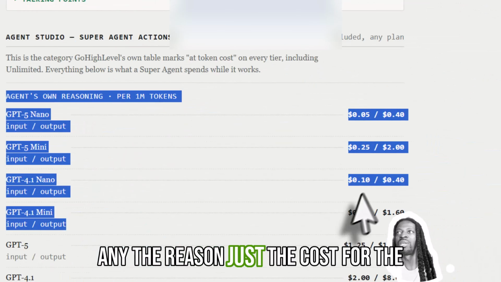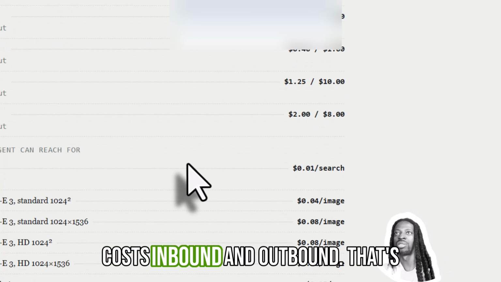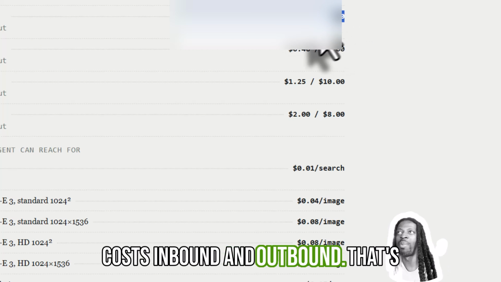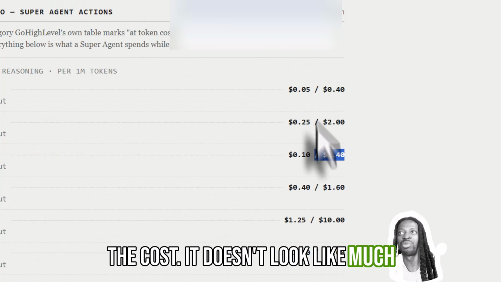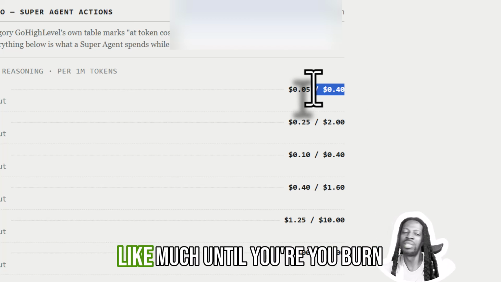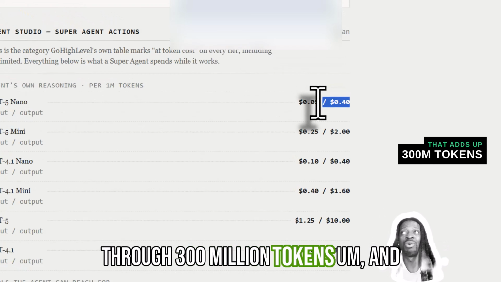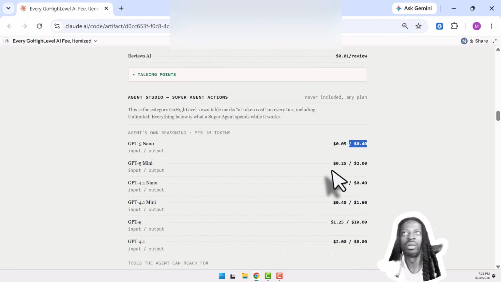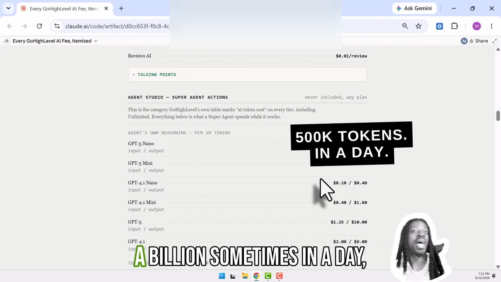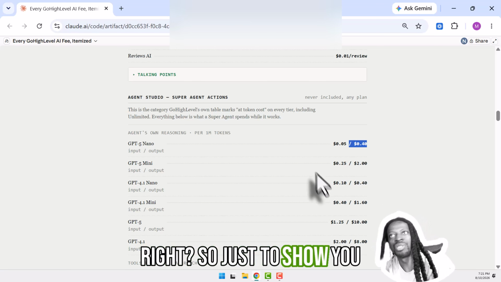And the reasoning, just the cost for the tokens, this is its brain, how it's thinking. That's how much those cost. Inbound and outbound, that's the cost. It doesn't look like much depending on the model, right? Even if you get GPT-5 Nano, it doesn't look like much until you burn through 300 million tokens in a month. For you guys, I do half a billion sometimes in a day, right? So just to show you,